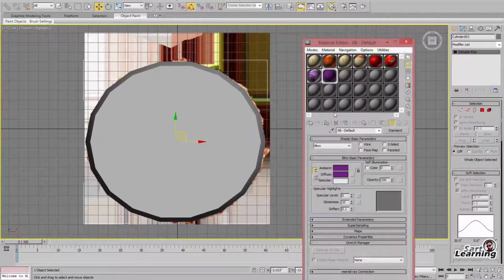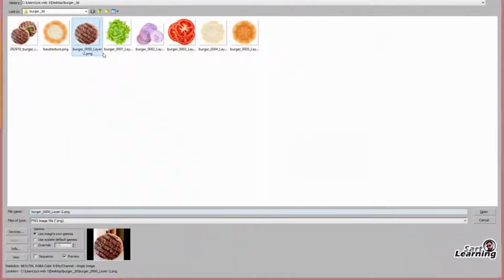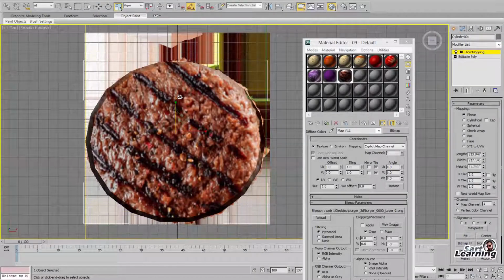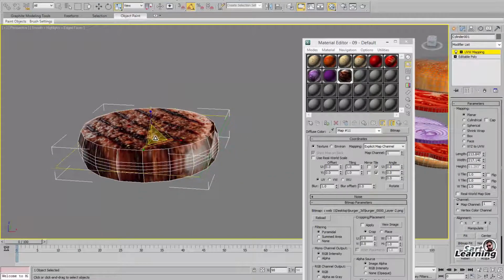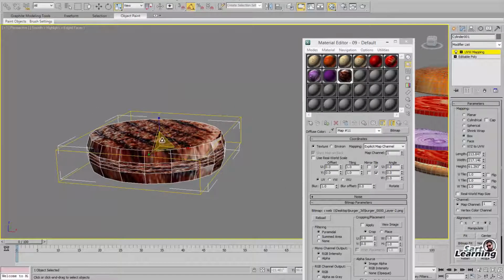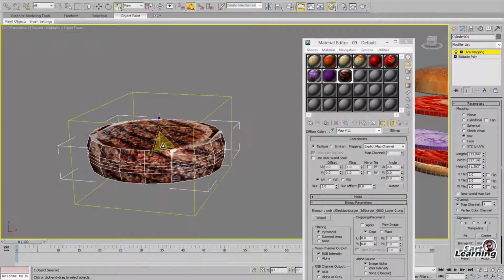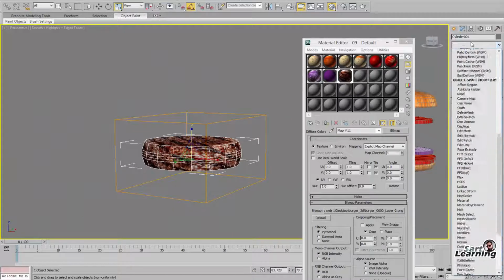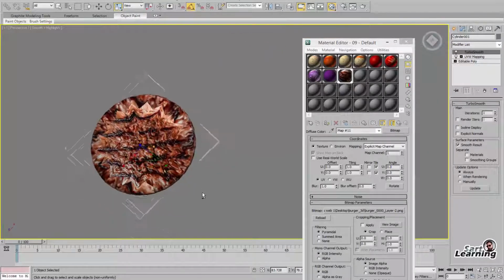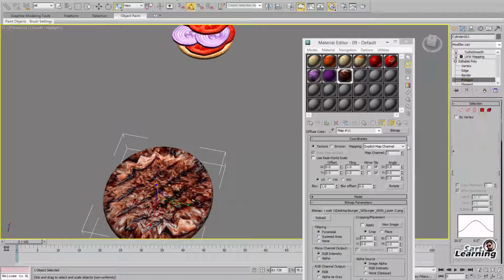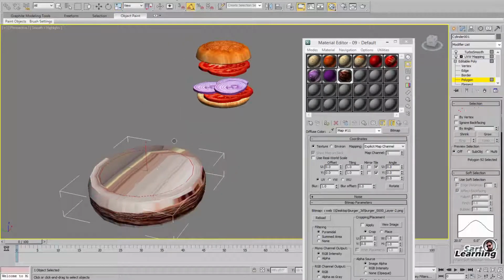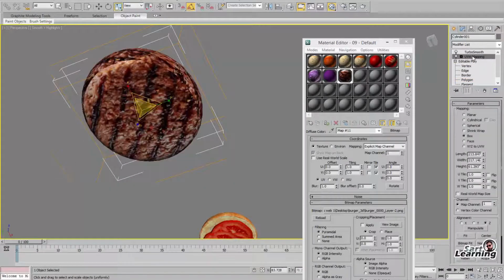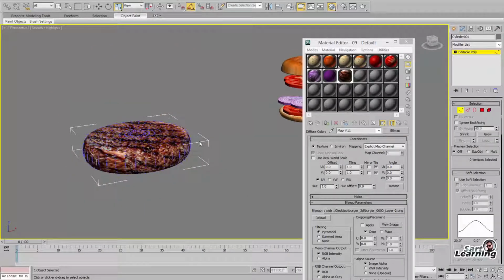Now same technique, apply texture, map your patties, UVW map, press 1, adjust the gizmo, but there is a texture problem in the outer edges, so I used box wrapping. Now my patty is almost ready. Give turbo smooth. There is a problem in the center part, so I just duplicate and add some edges with the help of inset. Now my texture is looking good.